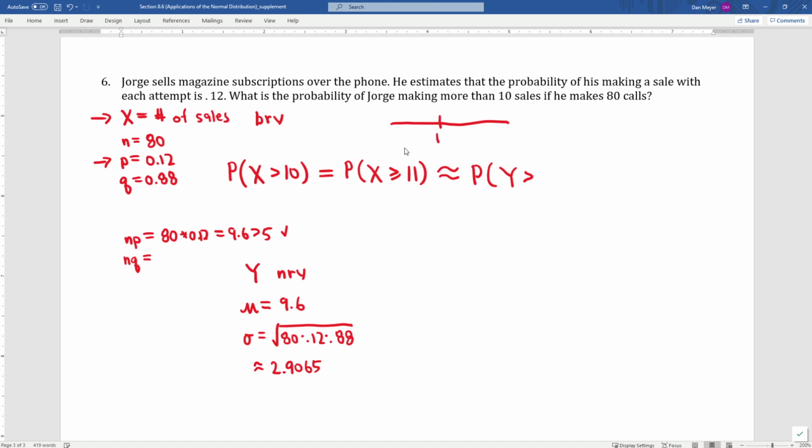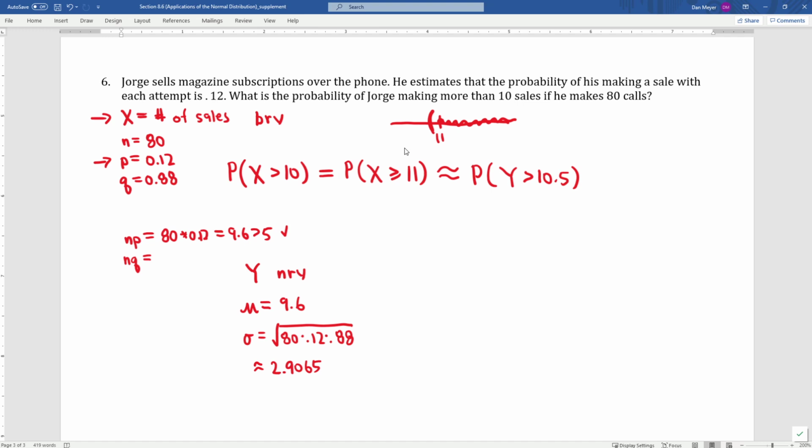We're looking at 11. For everything that's greater than or equal to 11, we always adjust away from that. So we're looking at 10.5. We subtract 0.5 there. Okay, and now we're done with that normal approximation to the binomial distribution part of the problem, and now we're